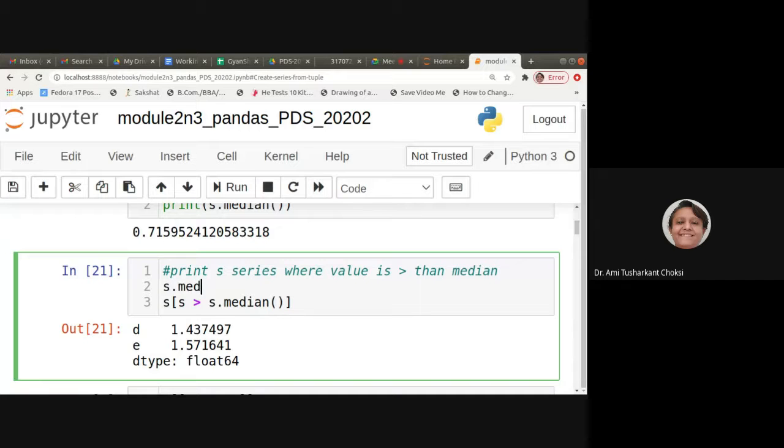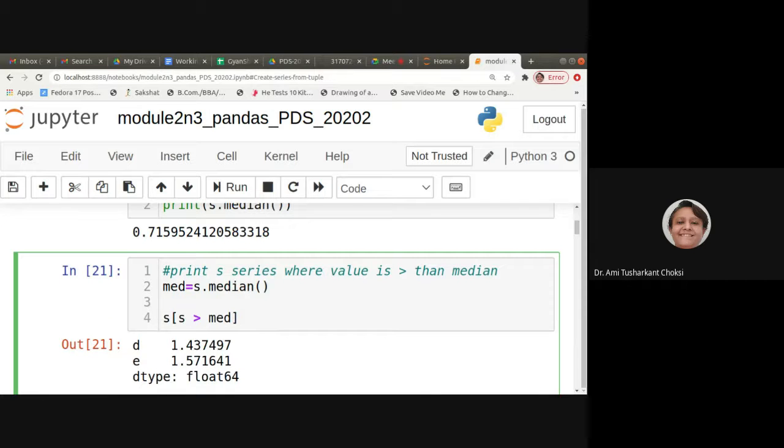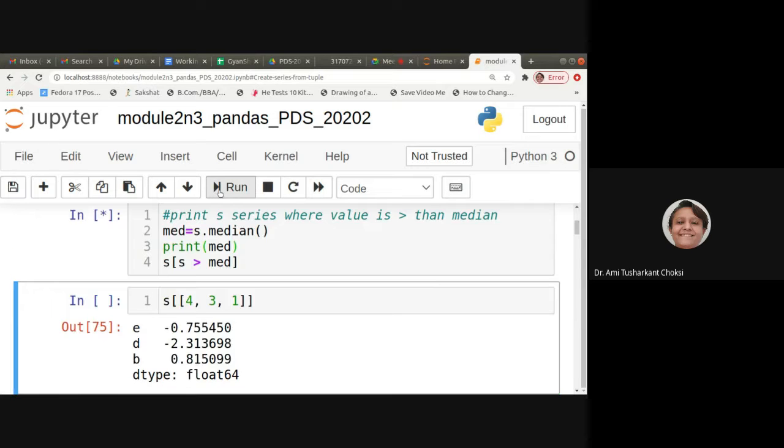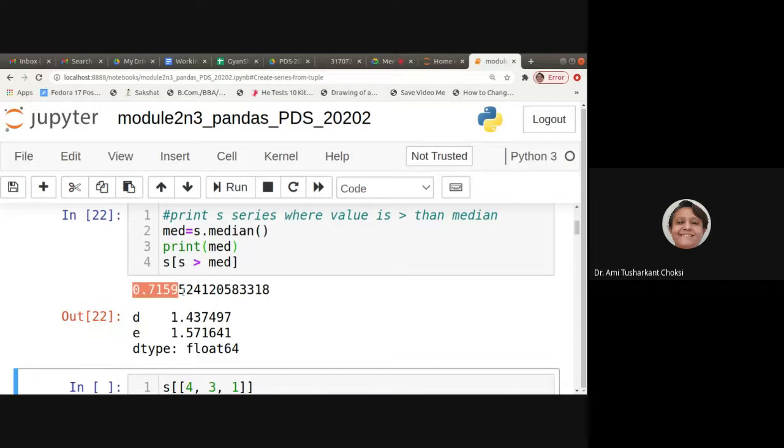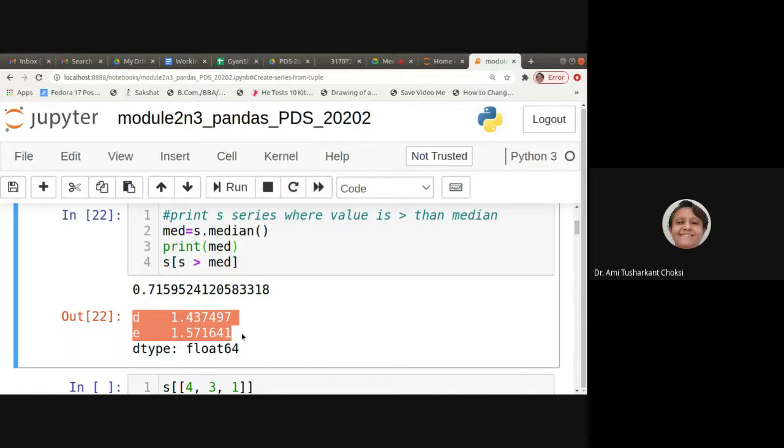S dot median, let me call it the med value, and I print it. So run. We have the median value, and we are checking whether the S values are greater than this or not. So only those values will be printed.